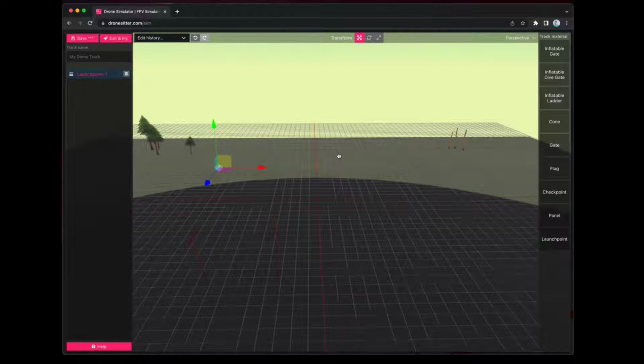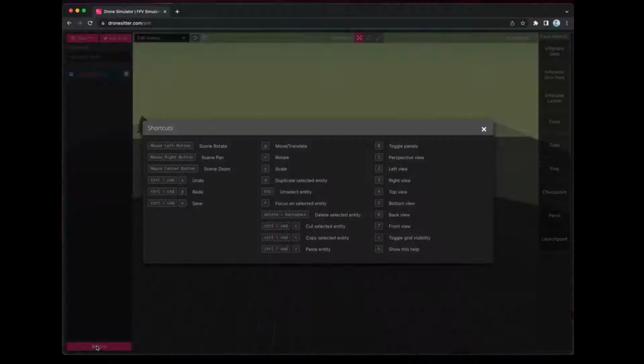By the way, all my keyboard typings will be shown on the left corner, so you can see what shortcuts I have used. For an overview of the supported shortcuts, you can click on this help icon here, and then you can see all the shortcuts. For example, for scene rotate, use mouse left button, the right button for pan, and then the center button for zooming. And then we'll also support undo, redo, and save. Also a bunch of geometry